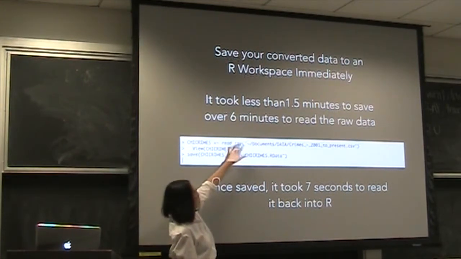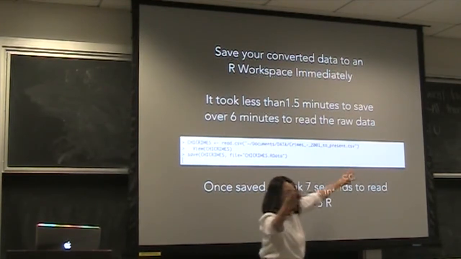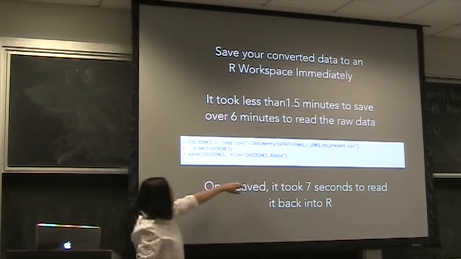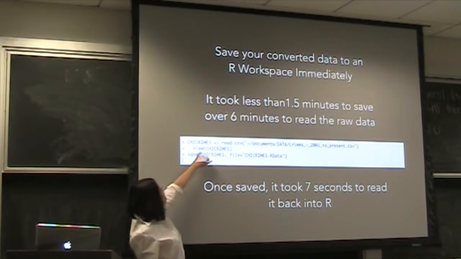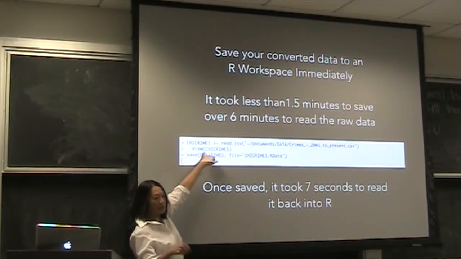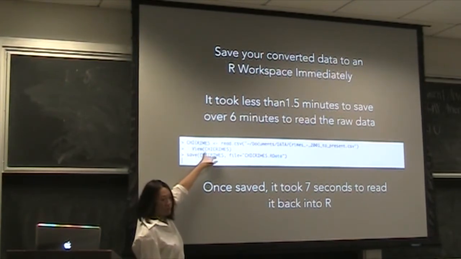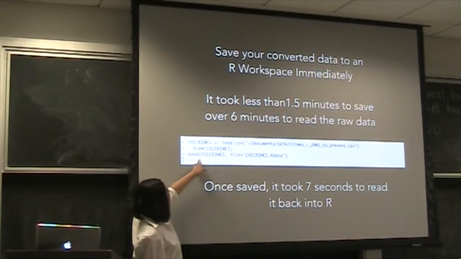So you read it in. I'm using read CSV. I don't have any options on it. I'm leaving strings as factors, and the first row is assumed to be a header. And you could take a look at it. View is slow, all right, because it is, again, somewhat of a resource-intensive function. You might choose something else, but here I'm going to save it.